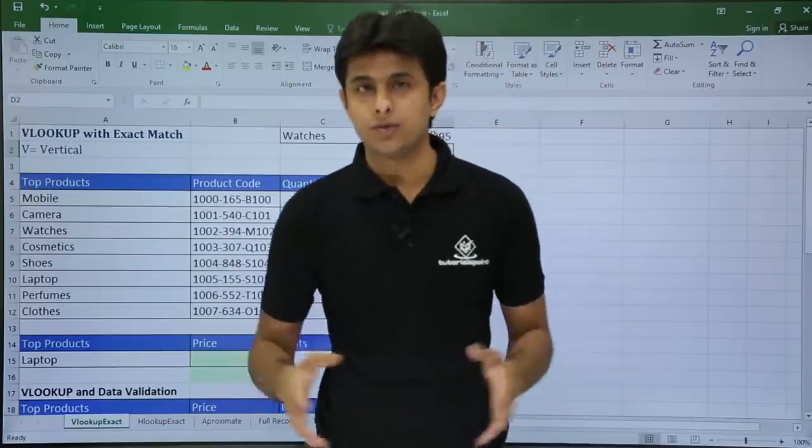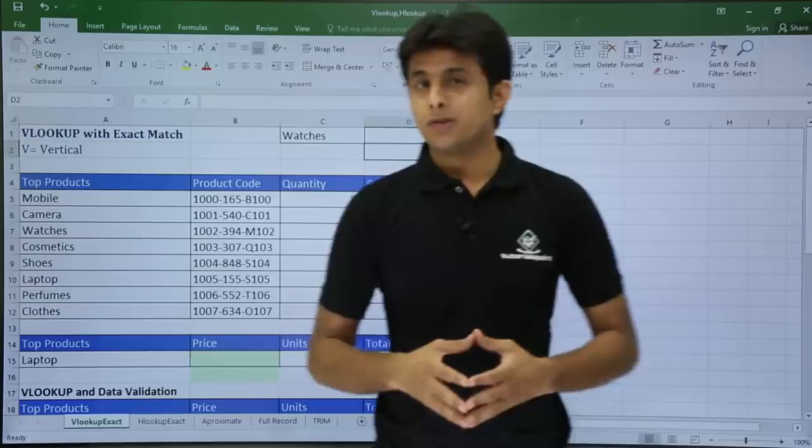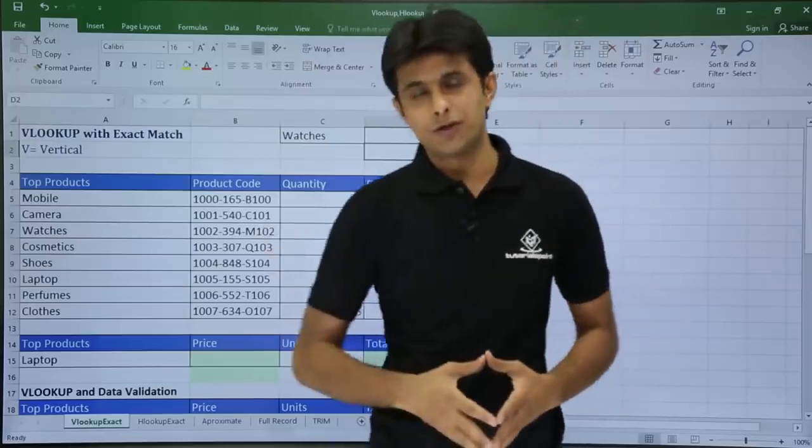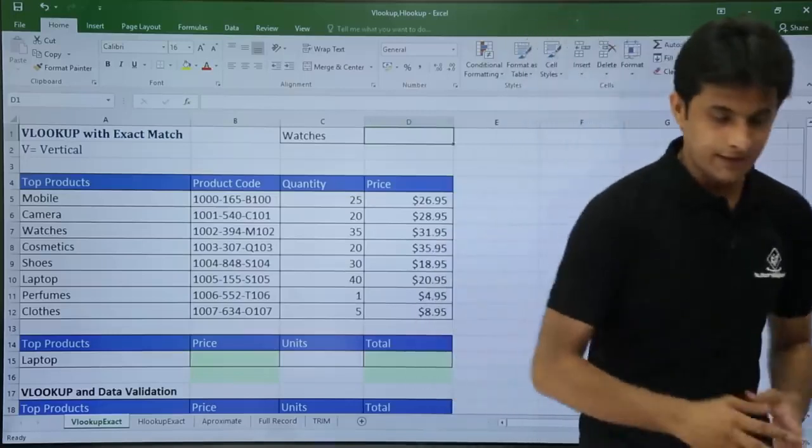Now it is easy because I have a very small table. Imagine the data is huge, and you want to find out the product or the price, any option you want. At that time it is difficult. We have to use a function known as VLOOKUP, right? So I'll type here a function for VLOOKUP. I'll delete this and I'll type here.